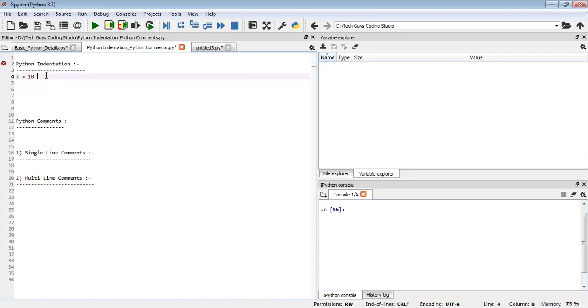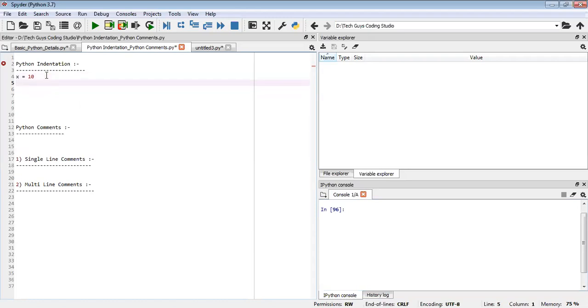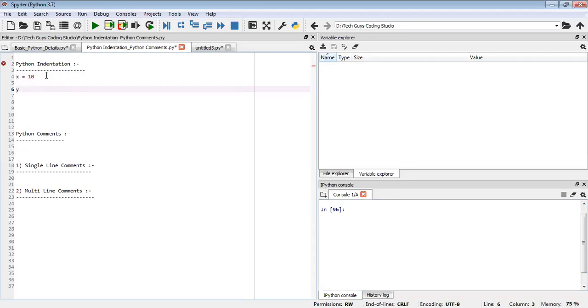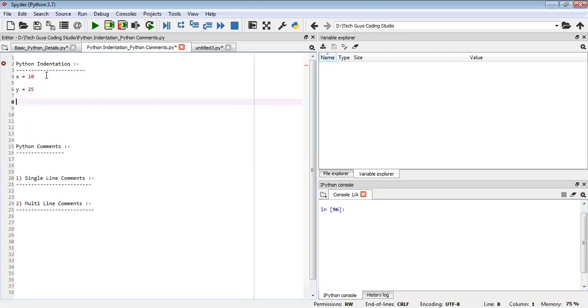Now I'll take x is equal to 10, and y is equal to 25. Now I'll take a condition: if x is less than y, and I'll put the colon.